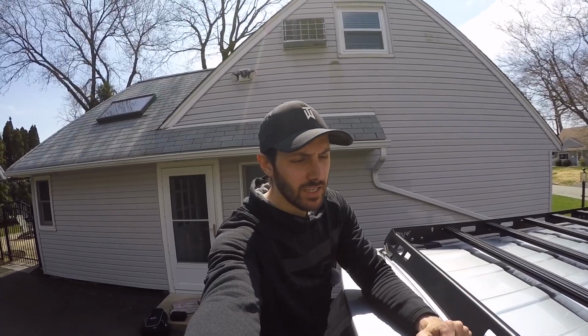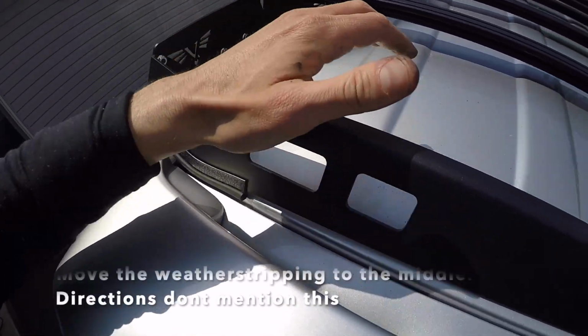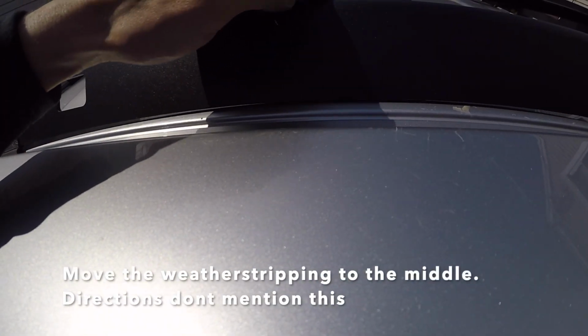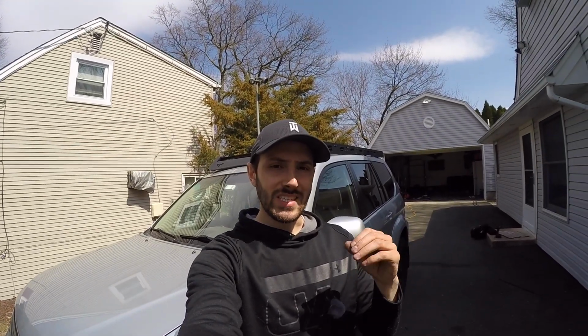So the second thing I'm running into is we put this all the way down. Now it's touching against the roof. So look, you can hear that metal noise. So the directions say once you have all the bolts slightly tightened down, not completely, you're then gonna work on